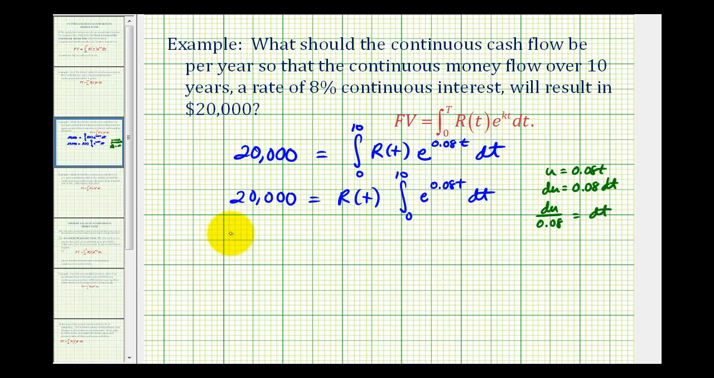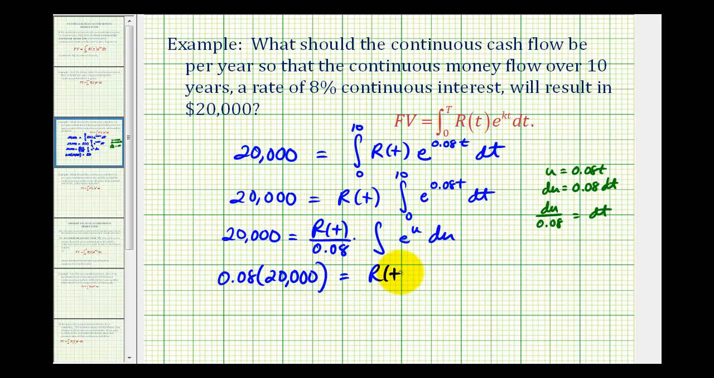So we'll have 20,000 equals R of t. When writing this in terms of u, we'll leave off the limits of integration temporarily. So we'll have e to the u, but then dt is going to be du divided by 0.08. So we'll have du here, but we'll go ahead and divide R of t by 0.08. So for this next step, let's go ahead and multiply both sides by 0.08 to get rid of this fraction. So we'll have 0.08 times 20,000